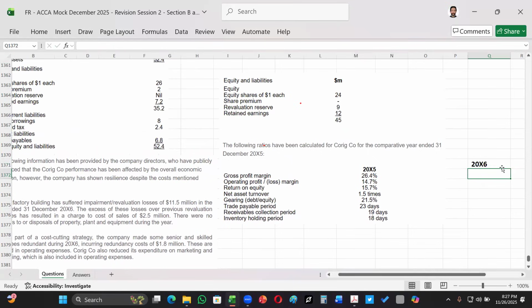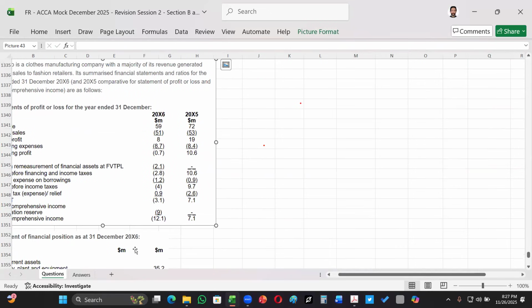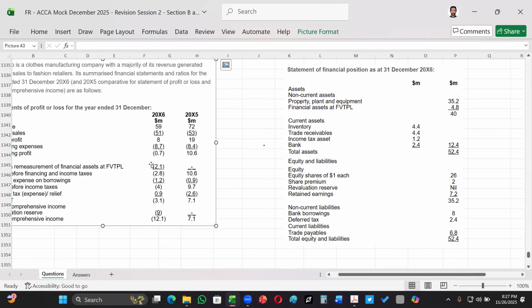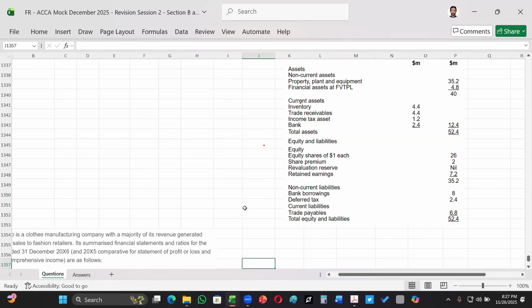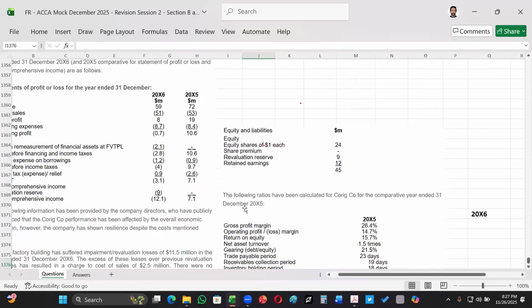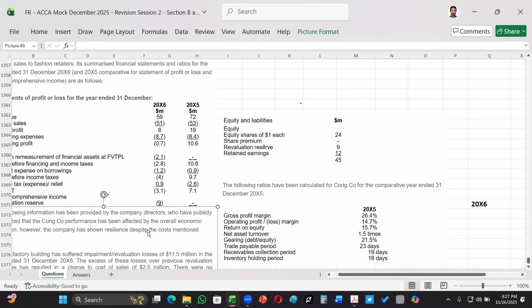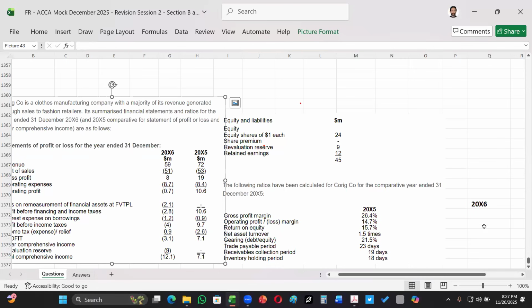First of all is your gross profit margin. And let me just bring down the relevant information, so that we do not have to scroll down all the time, and we find things easy. Some of the information will be in the profit and loss figure, and some of the information will be understood by looking at the statement of financial position. So right now what we're looking at is the ratios related to the profit and loss. So let's bring the data in front and we can calculate the figures and understand.